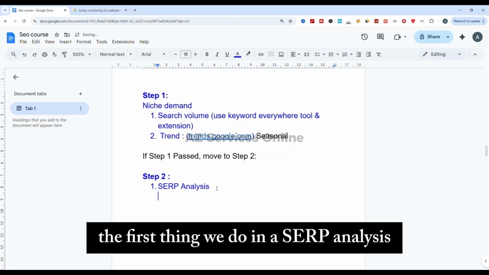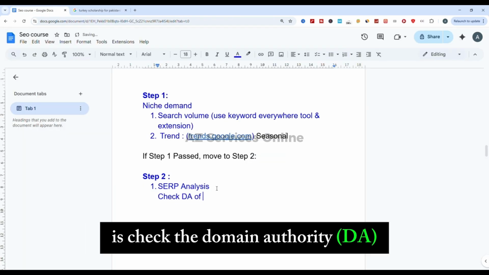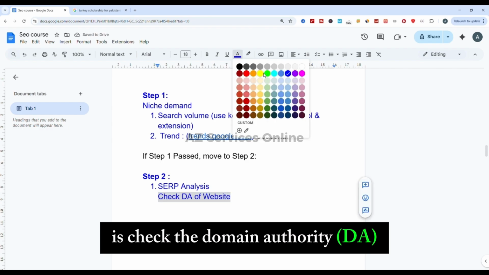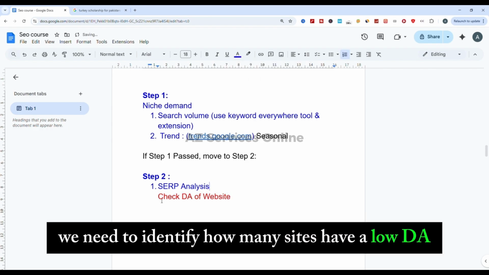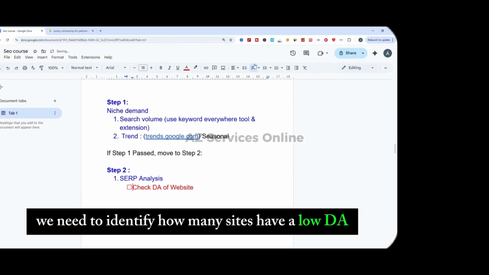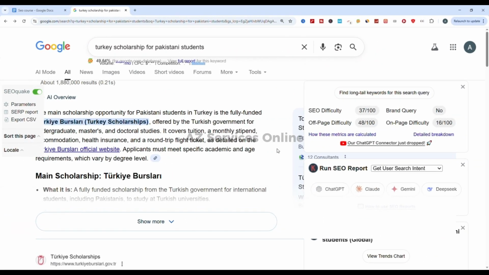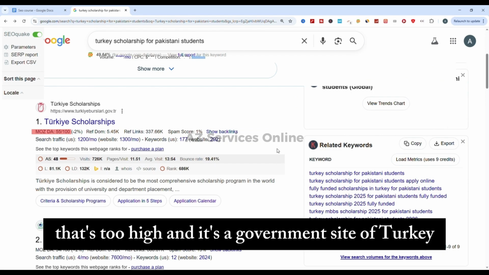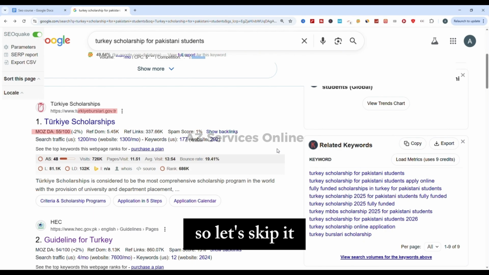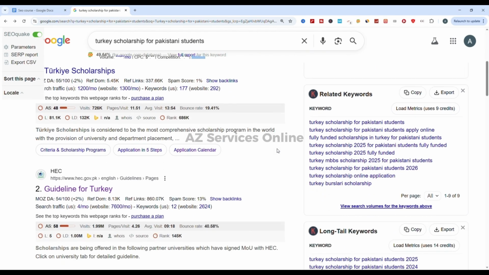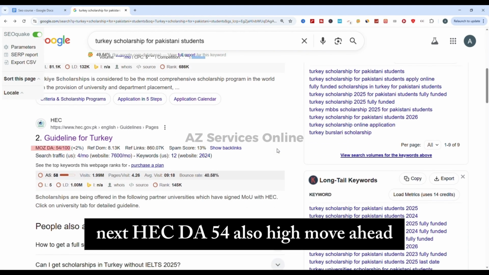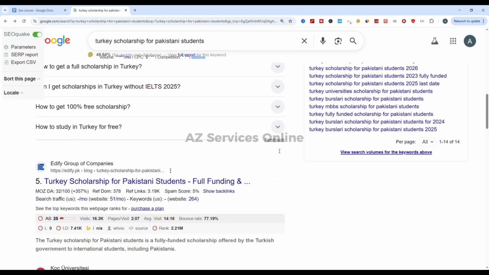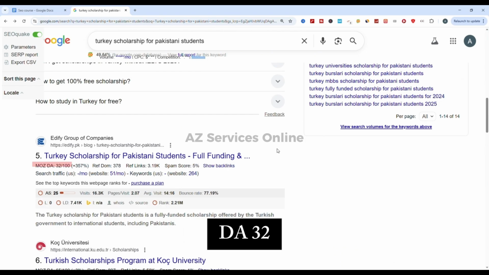The first thing we do in a SERP analysis is check the domain authority. We need to identify how many sites have a low DA. DA 55, that's too high, and it's a government site of Turkey, so let's skip it. Next, HEC, DA 54, also high. Move ahead. DA 32,